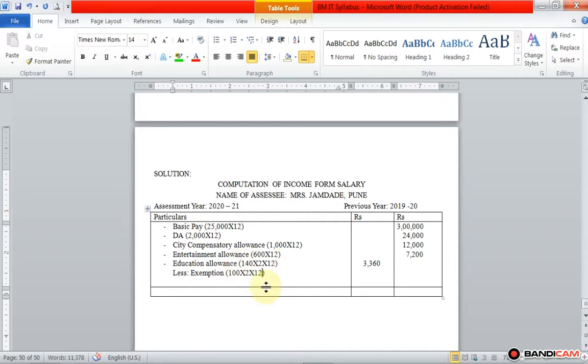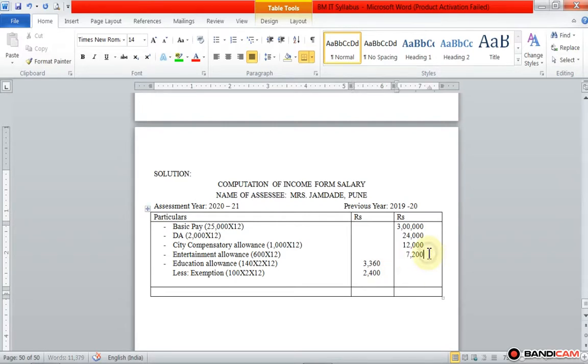So 100 rupees is exempted per child, maximum for two children. So here 100 multiplied by 2 multiplied by 12, we get 2400. 2400 is the exempted education allowance,